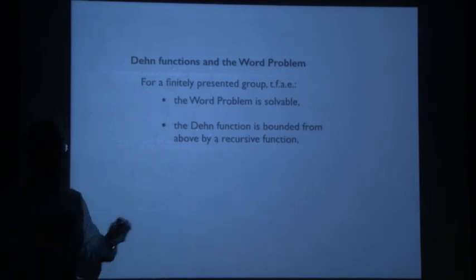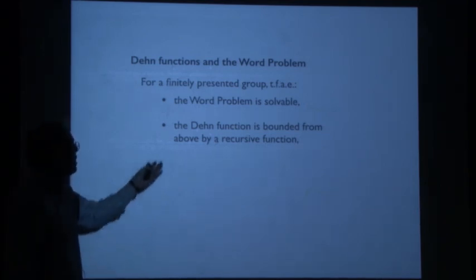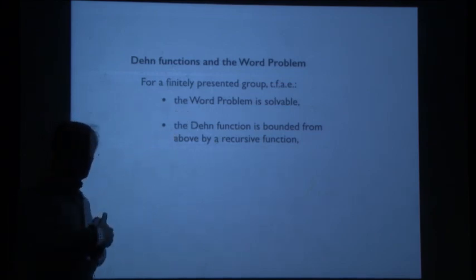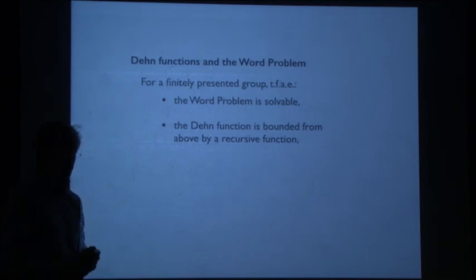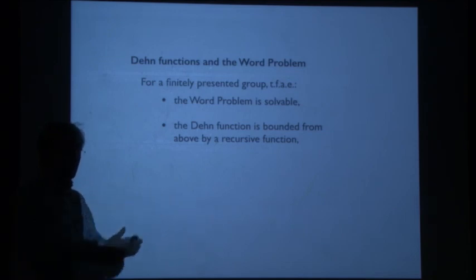When you say solvable, it means by this replacement. You look at all words of length at most n. You've got a solution to the word problem, so you can weed out all the ones that don't represent the identity. And so you just restrict your attention to the ones that represent the identity, and then you